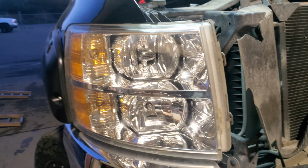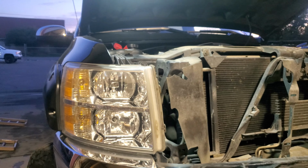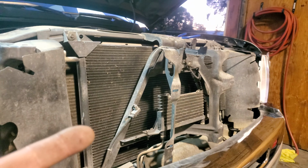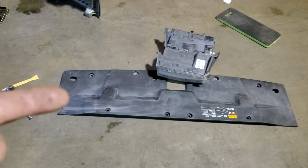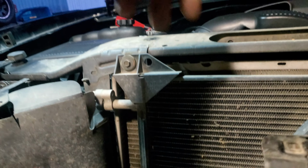Today we're going to make a quick video of how to remove the passenger headlight on a 2012 Chevy Silverado. The first thing you're going to have to do is remove the cowl on top and remove the grille. The cowl just simply has these retainer clips, and then the grille has these screws up on top. You will need a needle nose to reach behind the grille